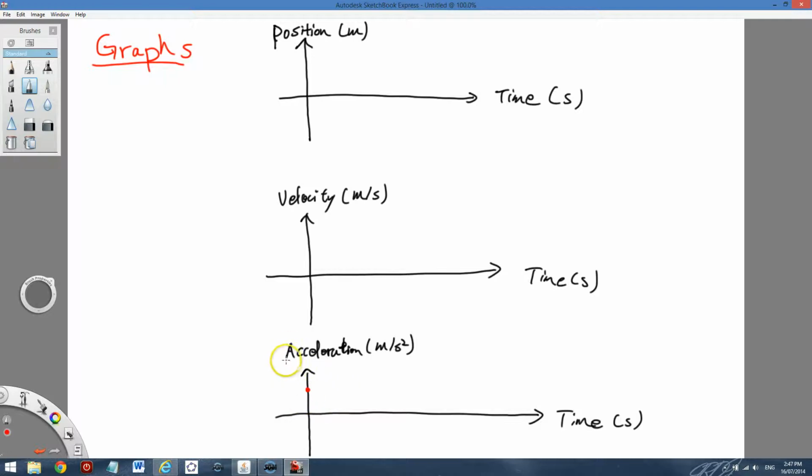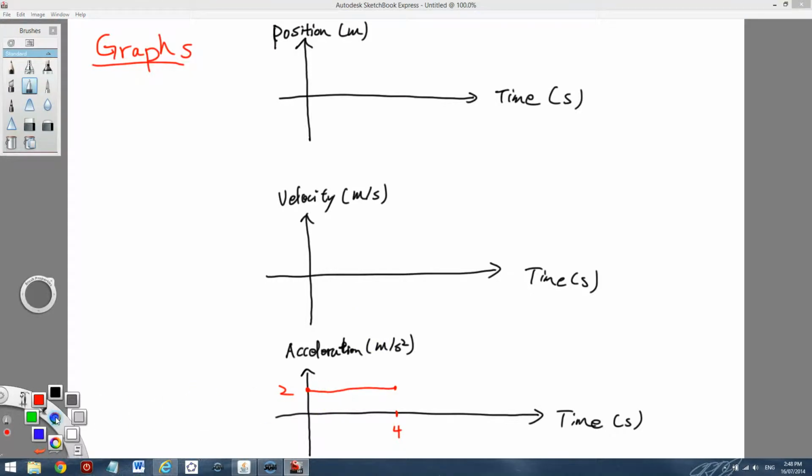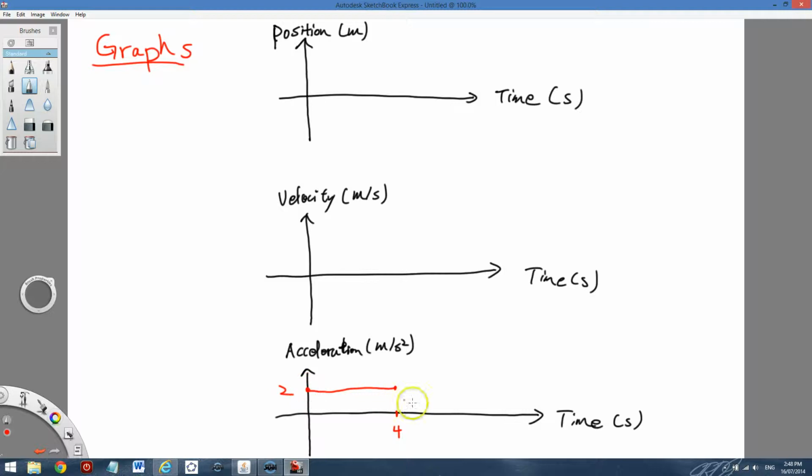Say if an object is moving with an acceleration of 2 meters per second square over the time of, say, 4 seconds. Now, what I can tell you is